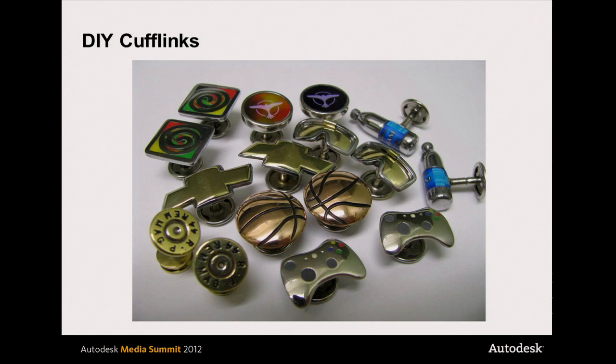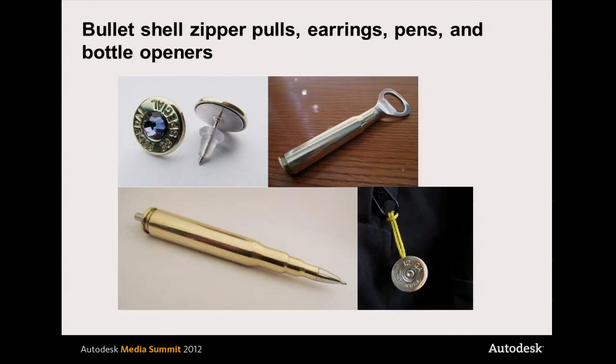He's made actually Instructables robot cufflinks that he's sent to us, which are fantastic. And he's also been exploring using bullet shells as pieces for pens and for jewelry. And you might wonder where he gets all these bullet shells. So Brent's day job actually is he's a police officer in Las Vegas, and